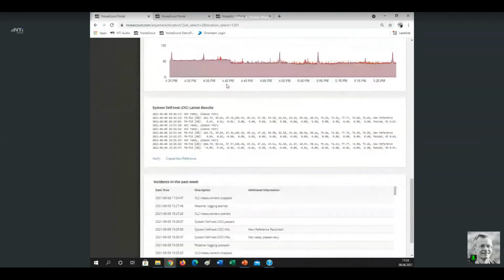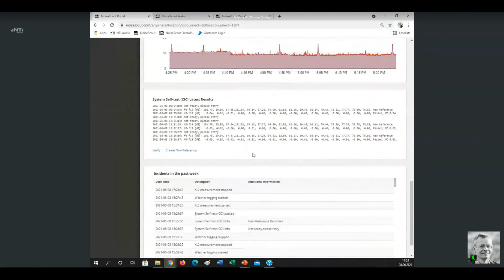So if I scroll down here back to my panel with the system self-test results, you see I have now two options: verify and create new reference. Now let us assume we are setting up the noise monitor and we want to make sure that at the very beginning we know the system is working fine, and we want to create this reference for the following hours, days, or even weeks.